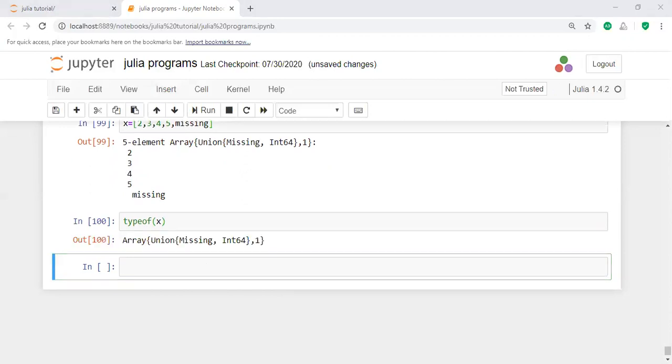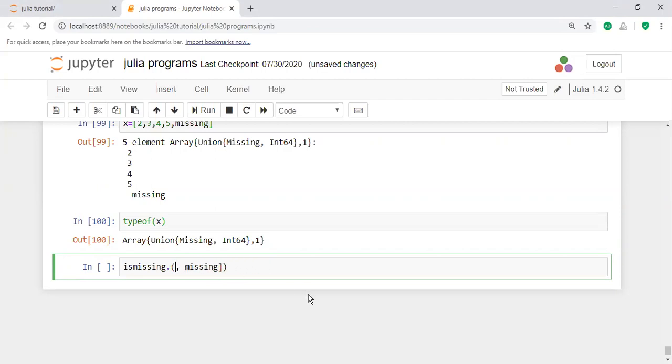How can you know that missing information exists? By using the ismissing function. What is the ismissing function? This function is used to get that information.